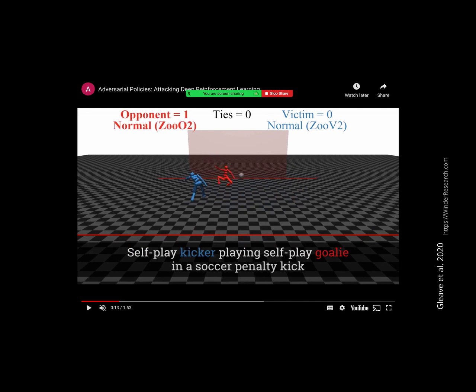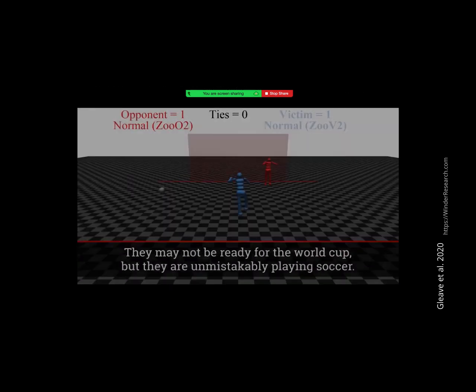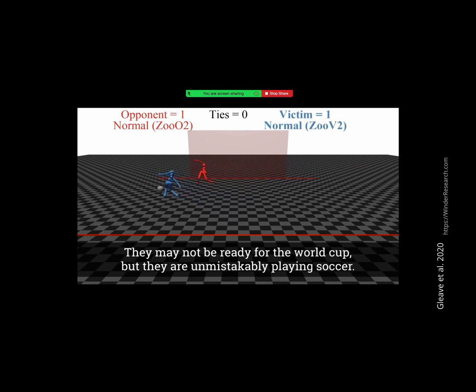But this research is really cool because they're investigating adversarial strategies. When an agent has been trained on a particular data set, it's still using data generated through exploration, but it's still using data to train upon. When these strategies are tested against situations that they haven't been trained upon, strange things happen, just like in machine learning. Same thing. All right, so in a minute, what the goalie is going to do